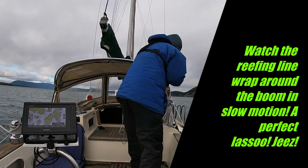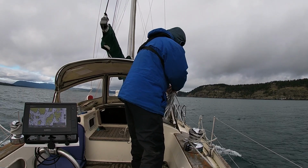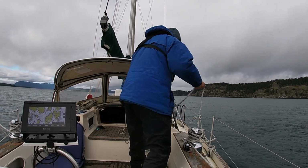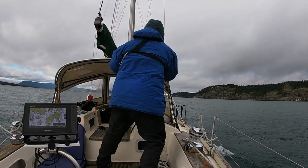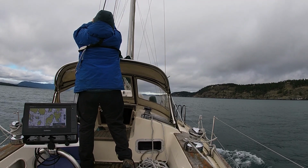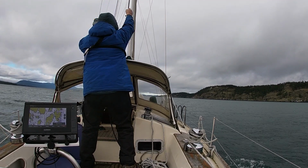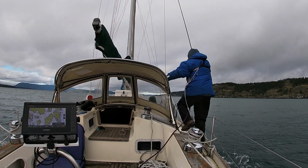Towards the middle to the end of the video, watch the reefing line do a perfect lasso around the end of the boom. It's quite something. I put it in slow motion. You'll see it later. So the first thing I'm doing here is getting the boat with the autopilot,